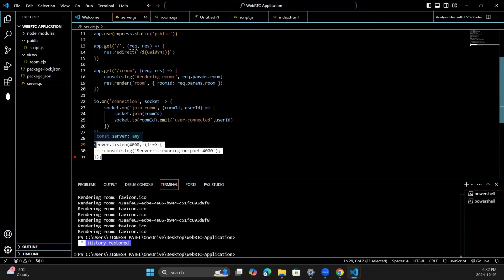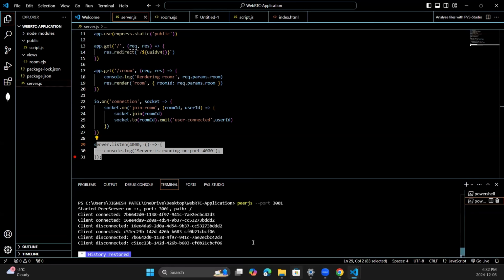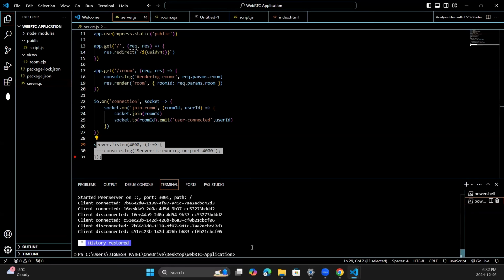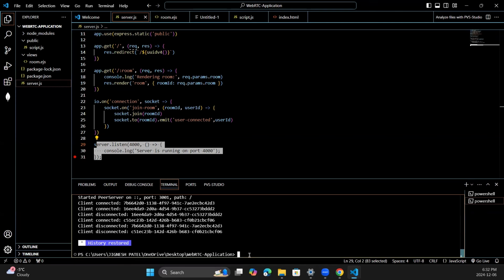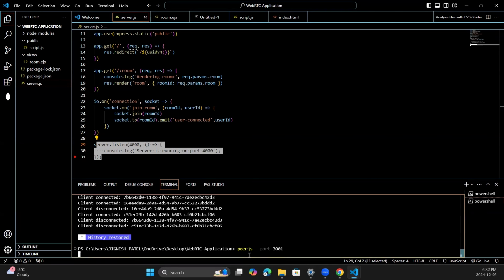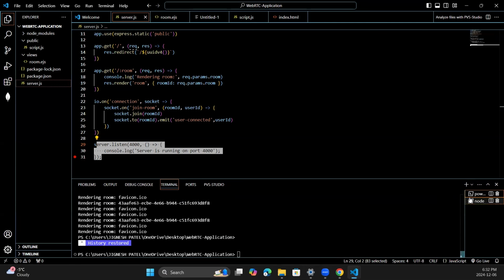So our code is done. Let's try to run it. First of all, we need to make sure that we start our peer.js server so that it can configure the connection between two users. In this case, I'm just going to turn it on with the port 3001, and in our other tab,